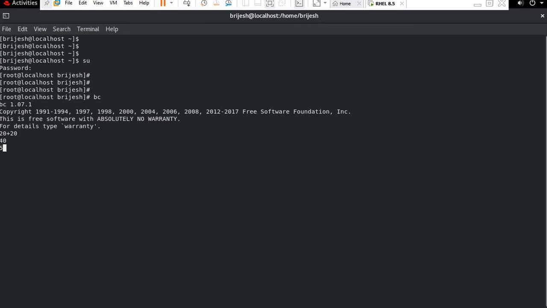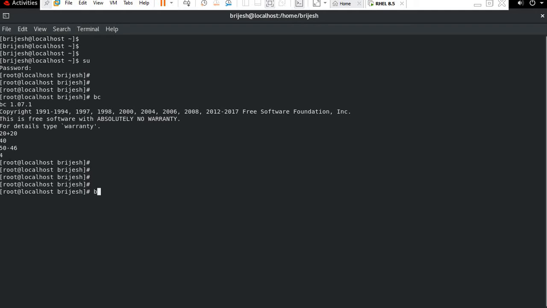Now if I want to subtract 50 minus 46, let's enter. So you can see our basic calculator. To come back or stop it, just press Ctrl plus D. That's it.